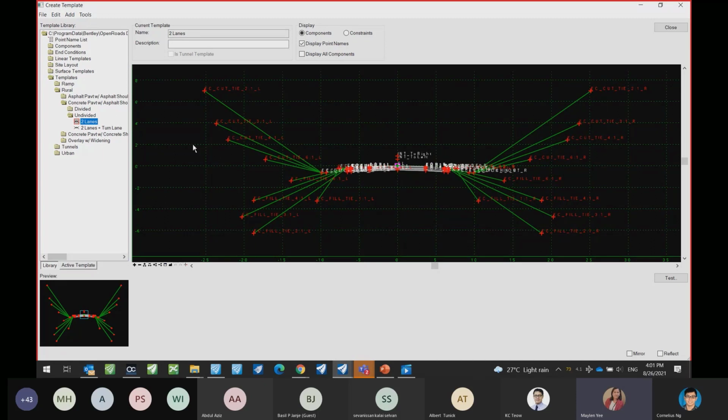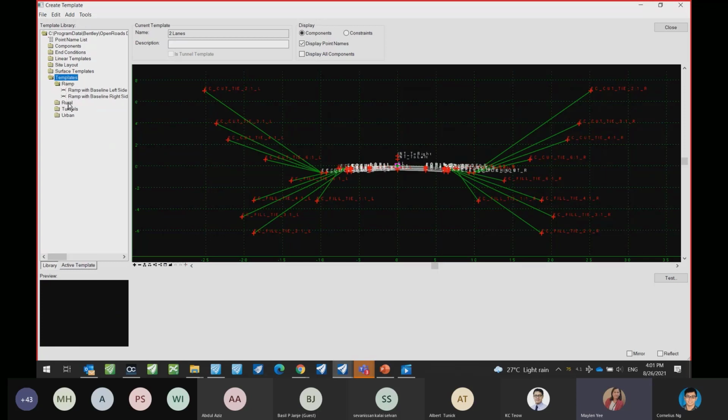So if you want to really model the pier, we have another solution or software which is called the Open Bridge Modeler that is really a software for bridge modeling. Okay, but for ORD, if you can show a sample bridge deck template, Corn,